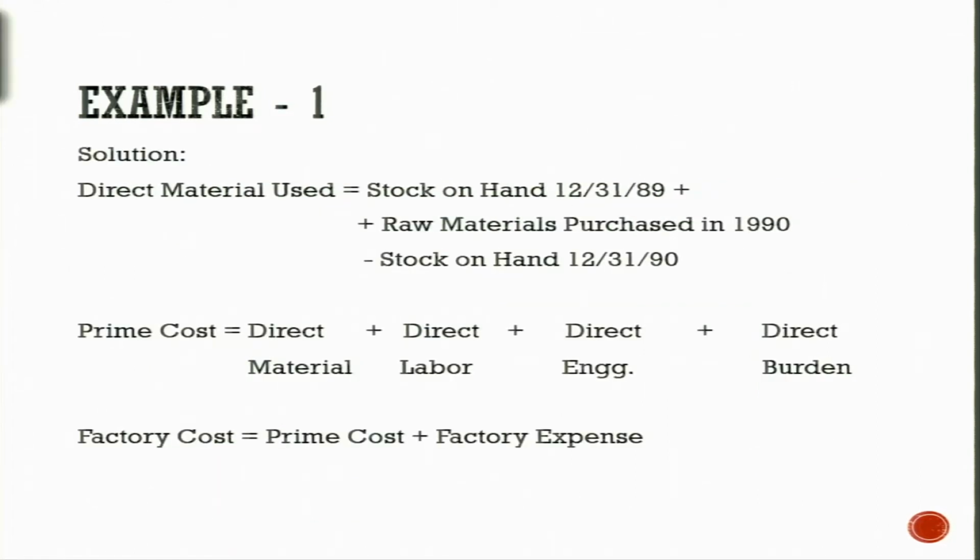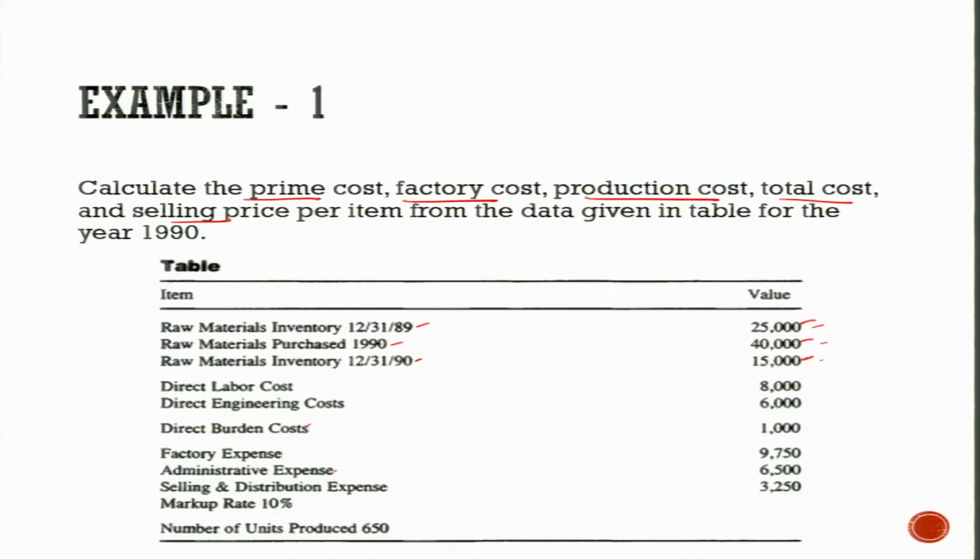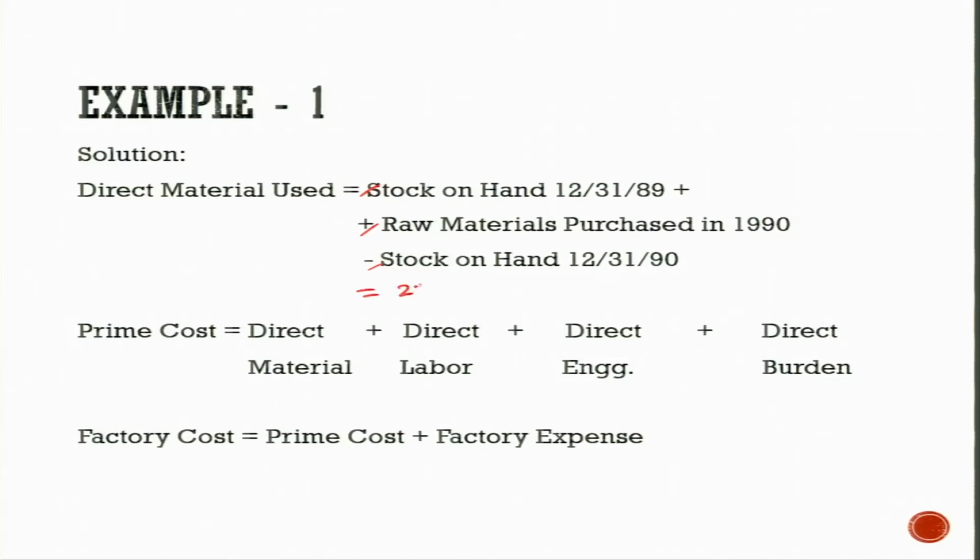The first calculation to be taken to calculate the prime cost is the direct material used. Direct material used is the stock that we have in hand plus the raw material which is purchased minus the stock which was on hand in 1990, the recent one. So, that means 25,000 plus 40,000 minus 15,000, all costs in rupees, which turns out to be 50,000. So, this becomes my direct material. Direct material here is rupees 50,000,